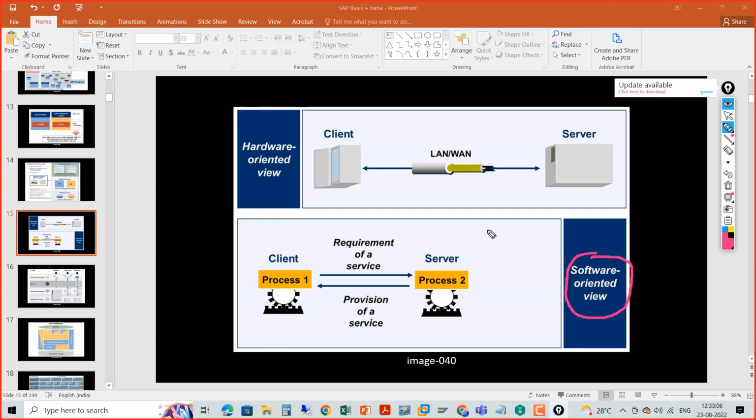This is called software oriented view. This is a hardware oriented view. Can you give some example where we will use software oriented view and where we use hardware oriented view? You can tell me a hardware oriented view example. We'll discuss about